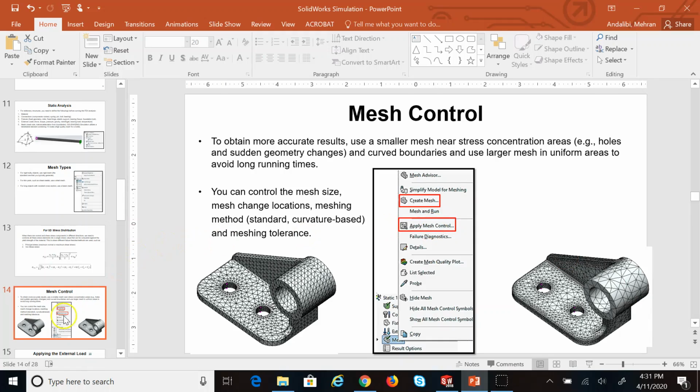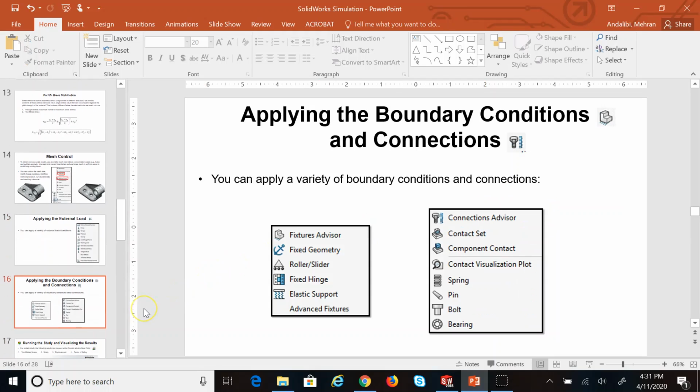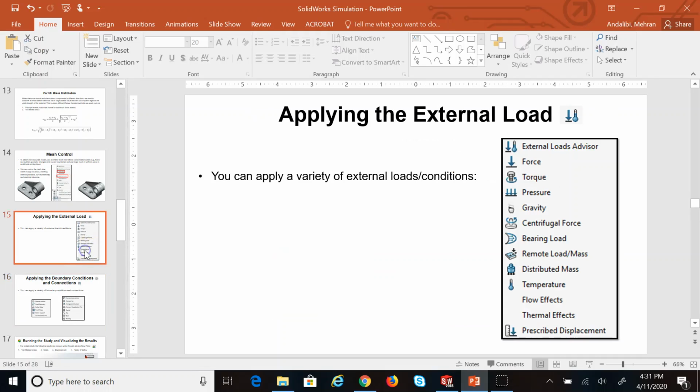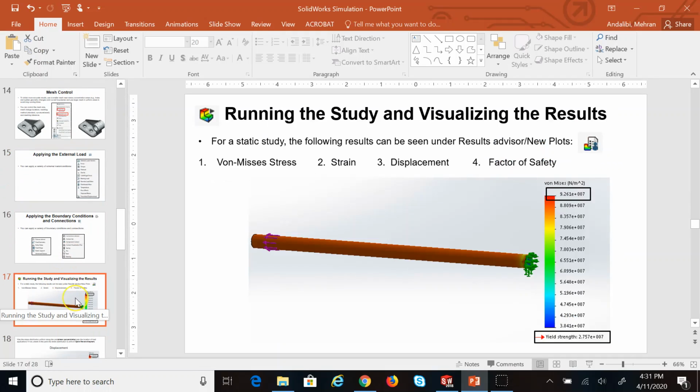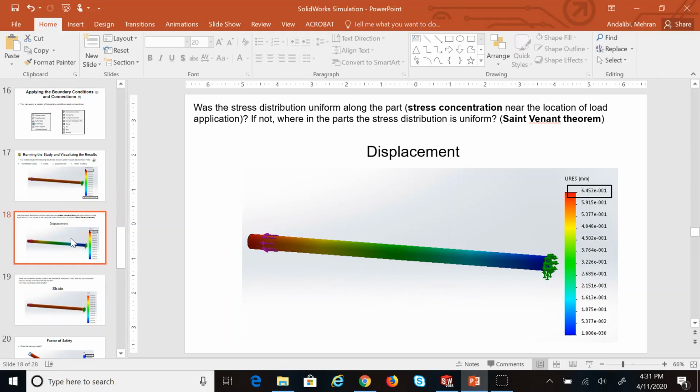But you can apply mesh control, and I mentioned applying external load, boundary condition, or fixtures. So I mentioned all of that, and then seeing von Mises stress, strain, displacement. The other one is safety factor. I'm going to show you that. Just want to make sure that